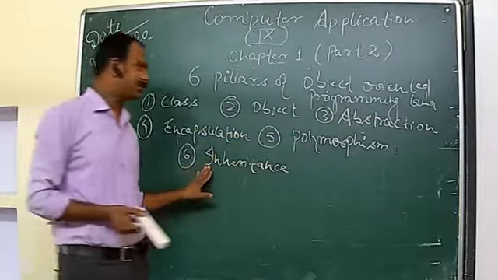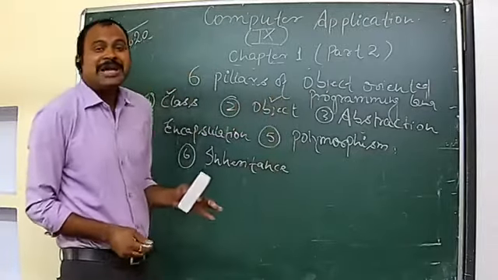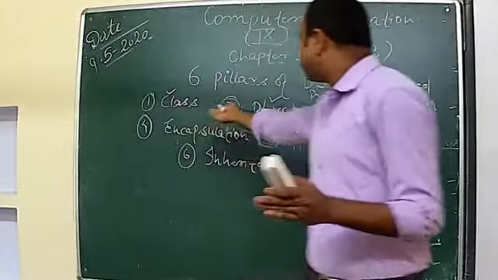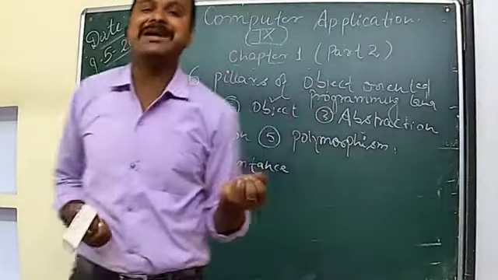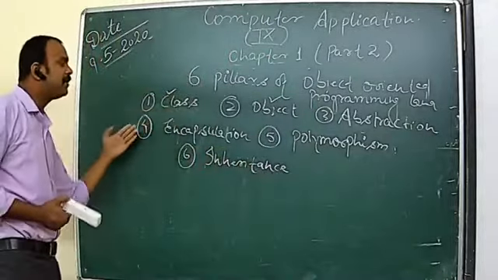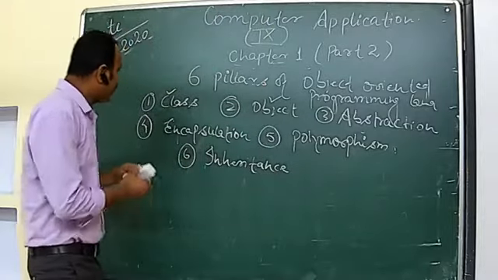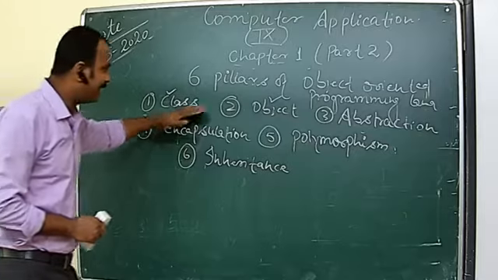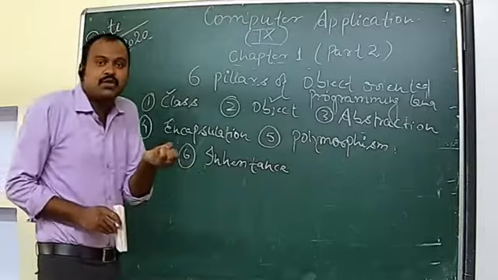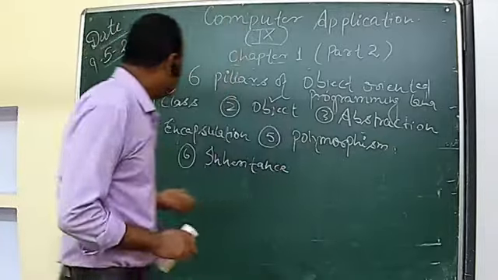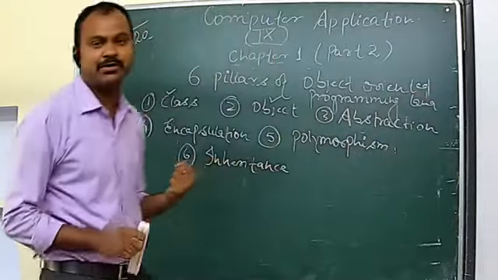So we will start one by one. We will learn one by one, and we will try to relate all these concepts to the real world, and from the real world only we'll try to fetch out the definition of each and every concept. First we go with class, and then objects, then abstraction, encapsulation, polymorphism, and inheritance. We'll just correlate with the real world objects and try to find out the definition. So let's go with the class.